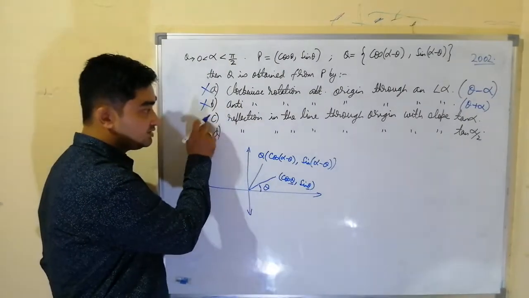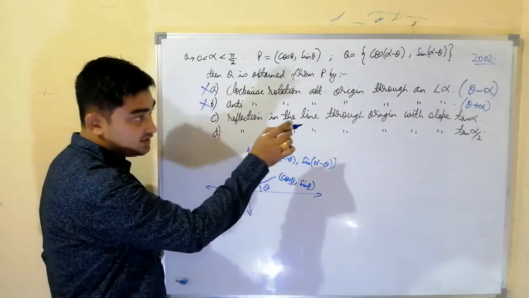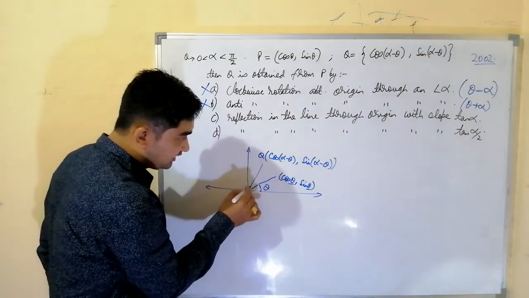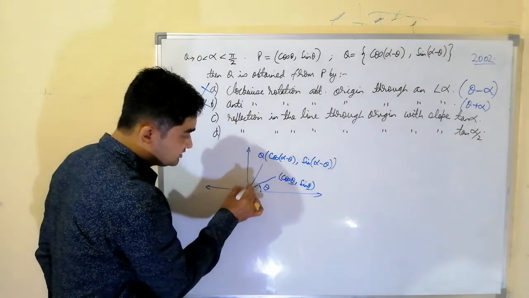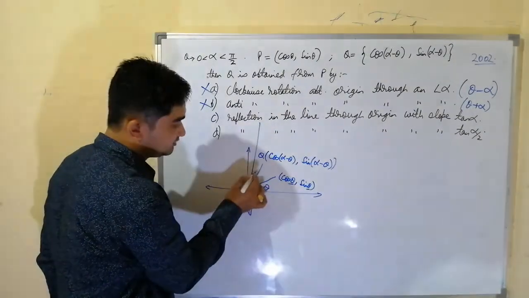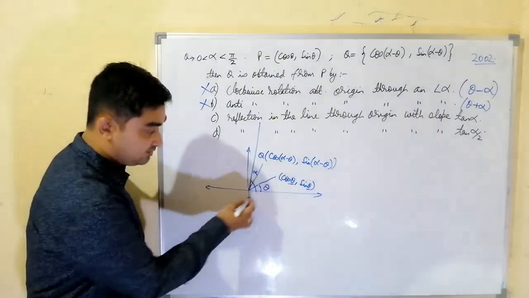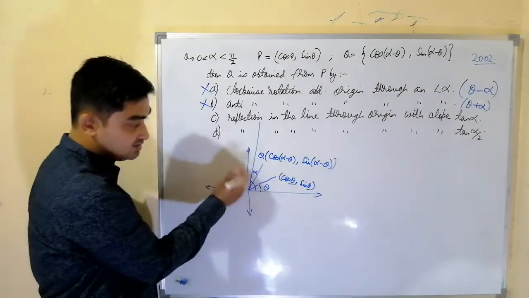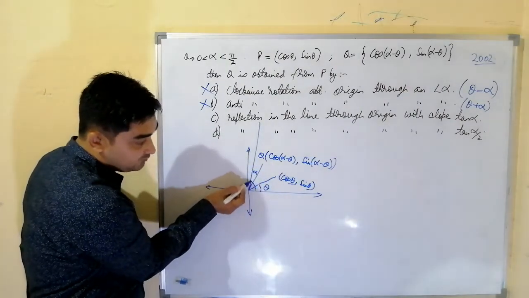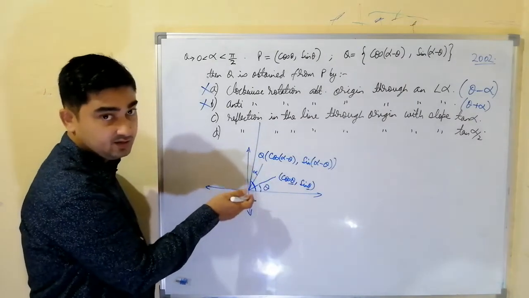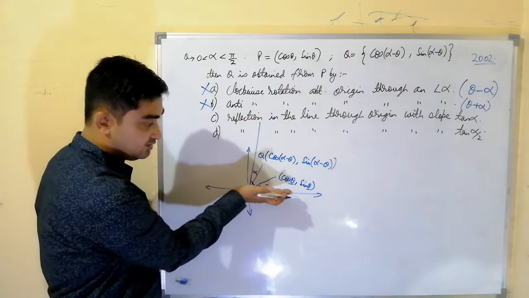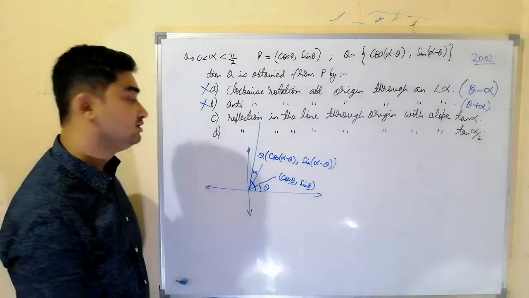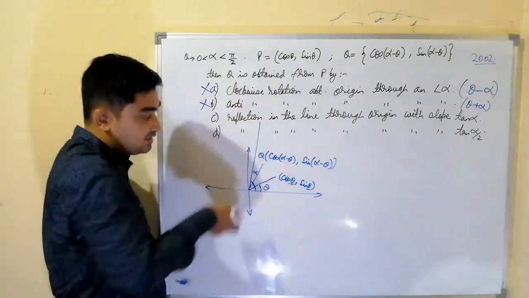Let us do whatever is given in option C. They are saying a line with slope alpha. So let us say somewhere we have a line with slope alpha, right? Slope is alpha means the angle of this line with the positive x-axis or positive real axis is alpha. So this total angle is alpha. Anywhere we can take it, less than theta, or between theta and alpha. Anywhere we can draw this line with slope tan alpha. So this angle is alpha. Here we have assumed that it is alpha.